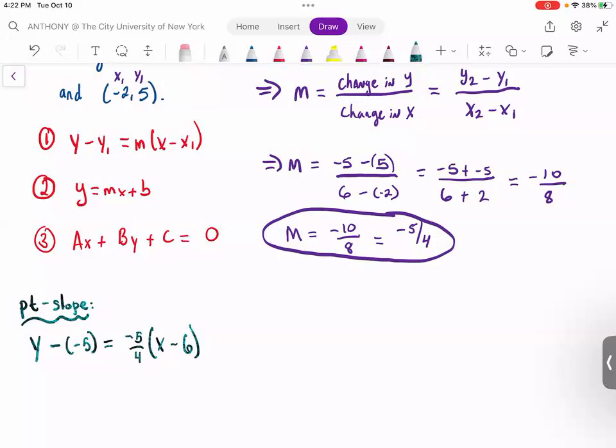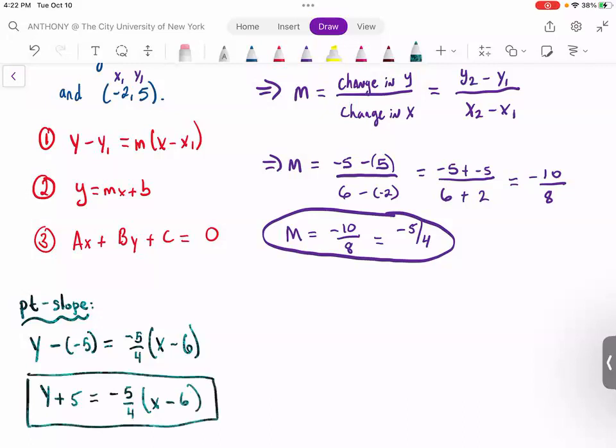Yeah, the y minus -5. So the y minus -5 becomes y plus 5 equals -5/4 times x minus 6. So that would be one equation for us. If we want the slope-intercept form now,